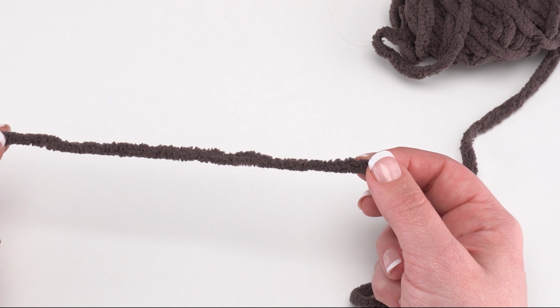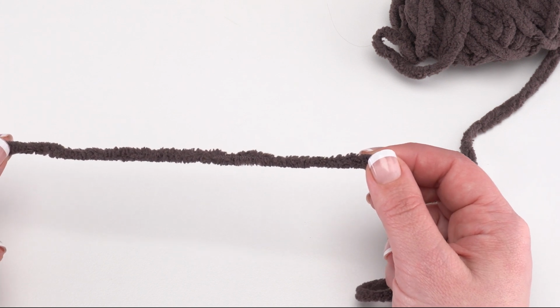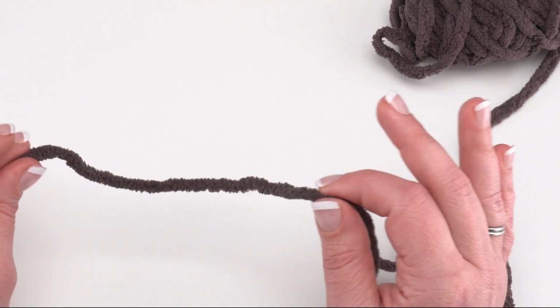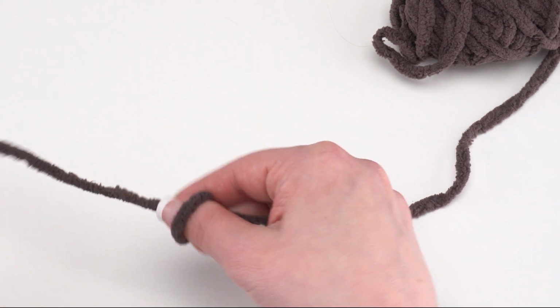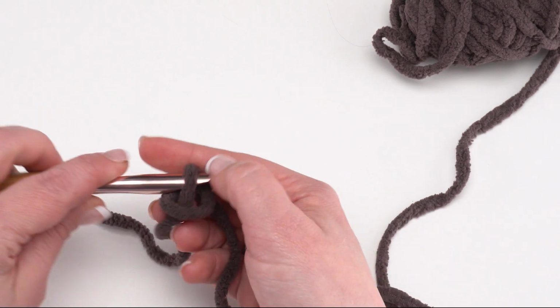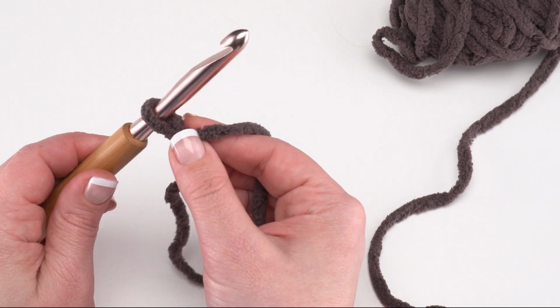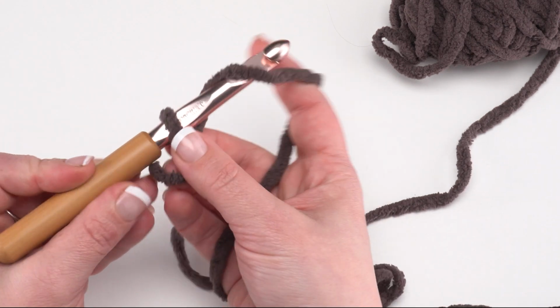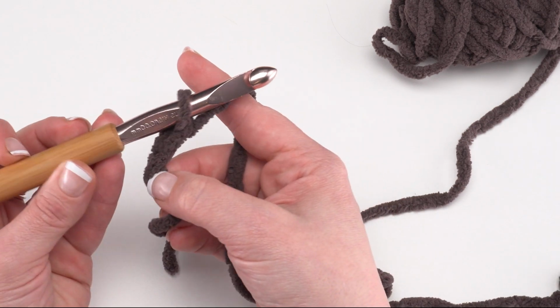The important thing is that at the end of row 1, you should have a total of 24 double crochets. So however you like to make those is totally fine. Here's how I did them. I'm going to start by putting a slip knot on my hook here, just as we do for most things that we make. And then for my first foundation double crochet, I'm going to chain 2, and then